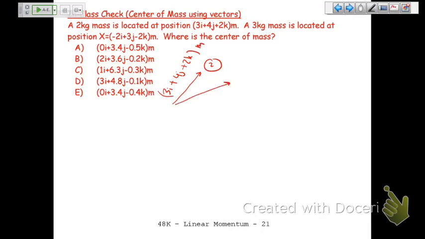And a 3 kilogram mass is located at minus 2i plus 3j minus 2k meters. Let's have a quick look. I can just about do this. So then I say, okay. In fact, I'm gonna